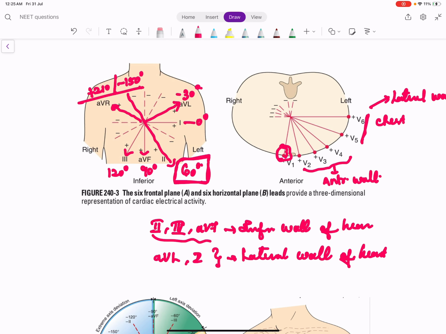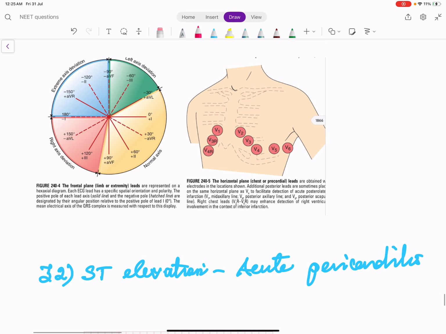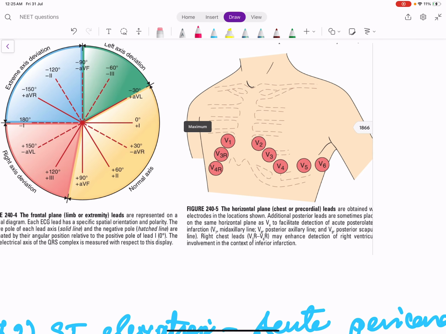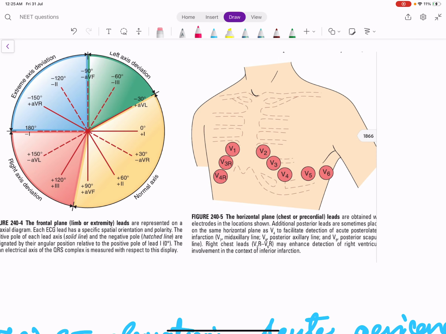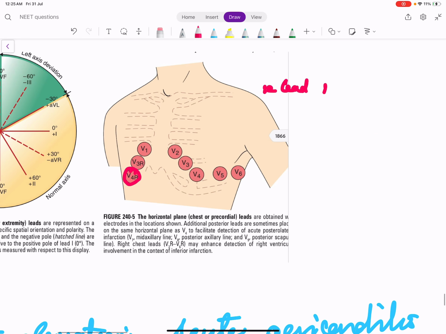Among the limb leads, lead 2, lead AVF, lead 3 see the inferior wall of the heart, lead 1 and lead AVL see the lateral wall of the heart. This is the same diagram. Actually, if V1 shows some changes, we are supposed to see the right-sided heart leads. That is, the normal ECG which we see is 12 lead ECG, 6 limb leads and 6 chest leads. If we are suspecting a RV infarction, right ventricular infarction, like patient is having a conduction disturbance,